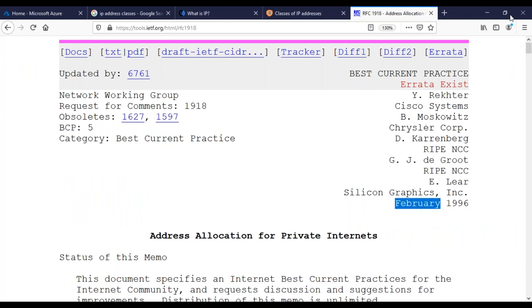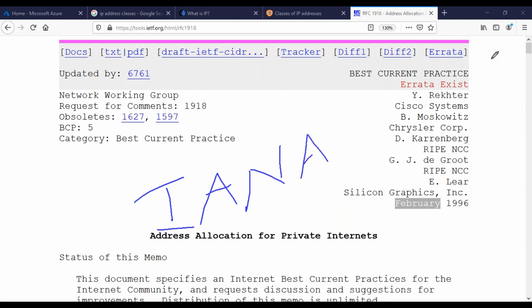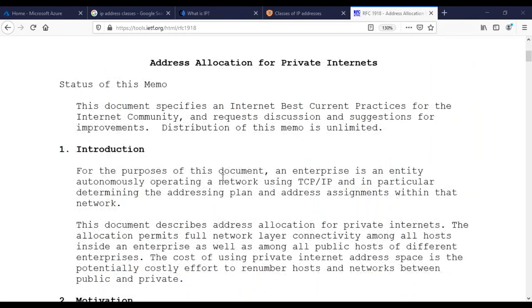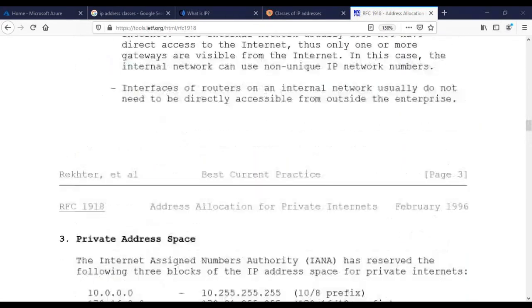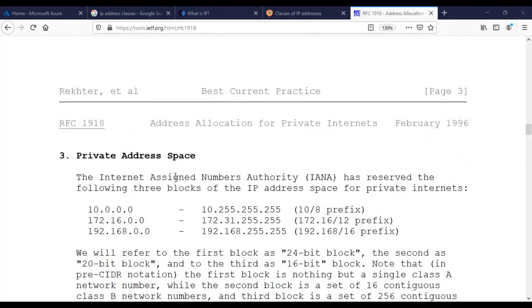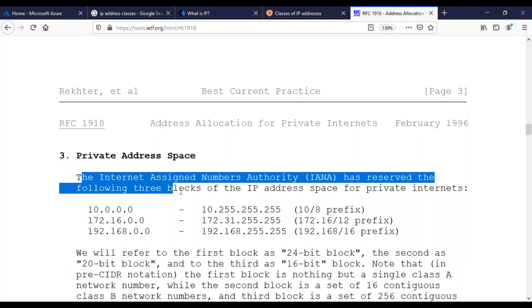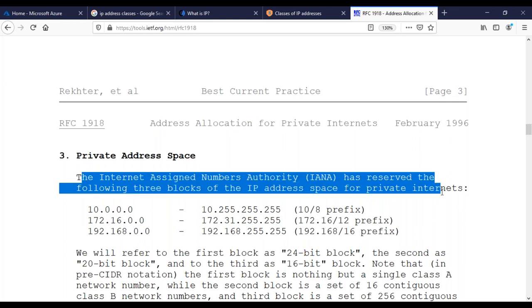Normally IP addresses are managed by IANA, the Internet Assigned Numbers Authority, I think. But based upon this paper, if you come down, it says: this is the private address space. The Internet Assigned Numbers Authority has reserved the following 3 blocks of IP address space for private internets, or private networks, I can say.